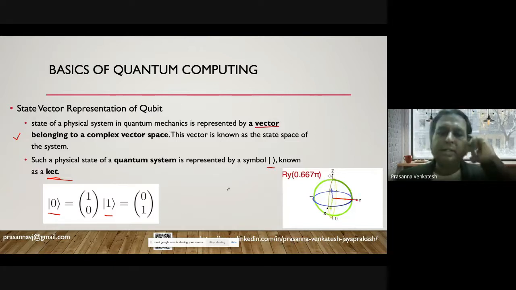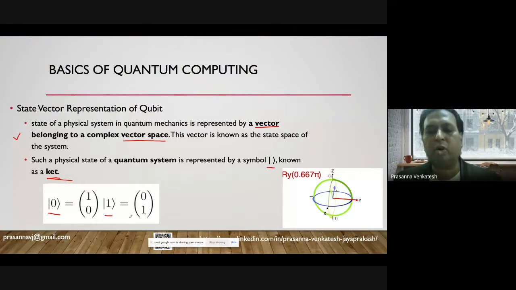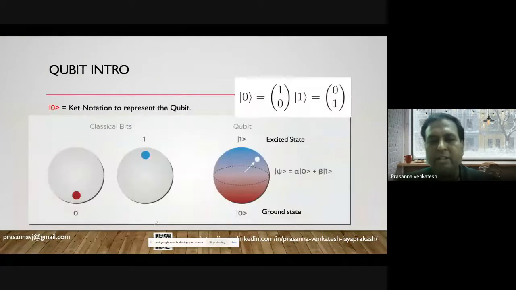Okay. There are two words: vector and vector space. What is this vector space and what is the vector that I'm talking about? This is the representation of your ground state, and this is the representation of an excited state. What are the ground and excited states? Let me cover that. Okay. This is the Ket notation.